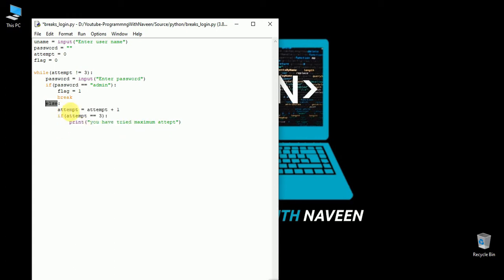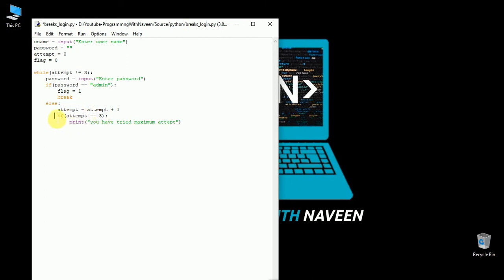In the else, I am incrementing the password attempt. If the first time the user logs in and it is wrong, then it will go here and attempt equal to 1, not equal to 3, right? Again enter, it will be 2. If the user's password is wrong, then attempt equal to 2, so it is still not 3. And if it is again wrong, it will check, and then it will come here. Okay, now I will explain again. First time it is 0, so it will go inside here, and then it will check the password. If password not equal to admin, then it will come to the else block, and this will be 1.